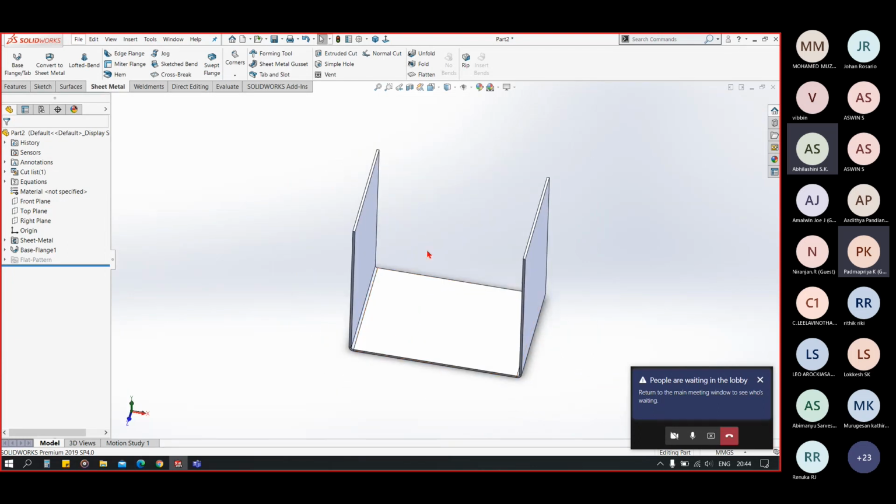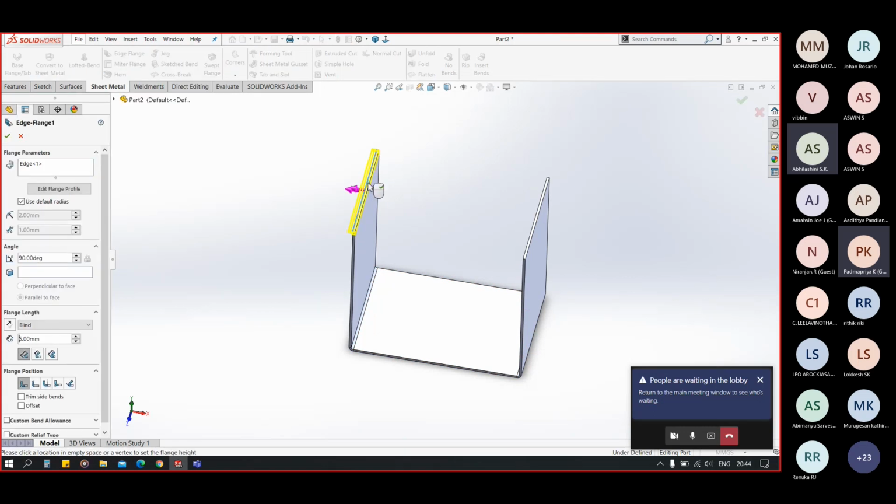Now we have edge flange, in which we have to select the edge and we can drag in either direction, and we can define the length here, and we will be done with our edge.